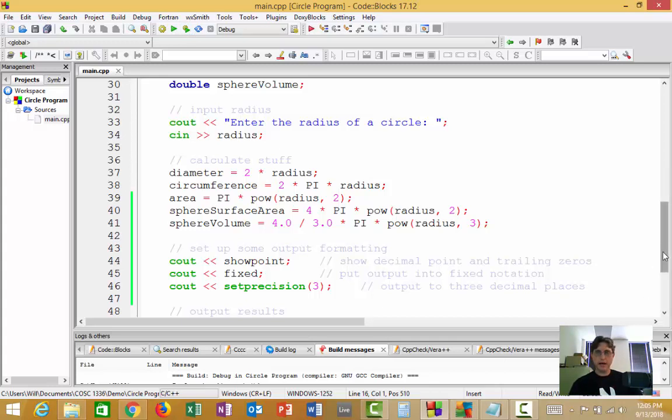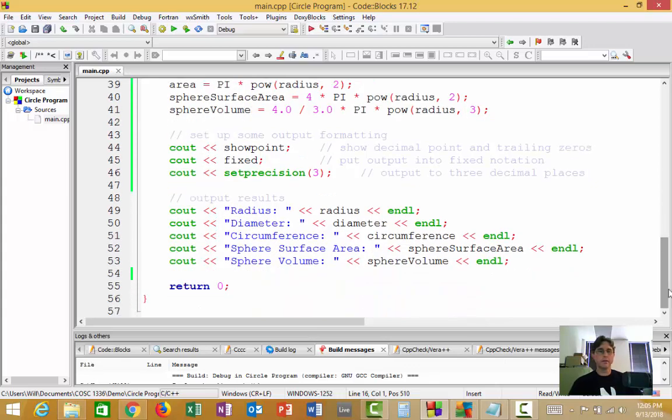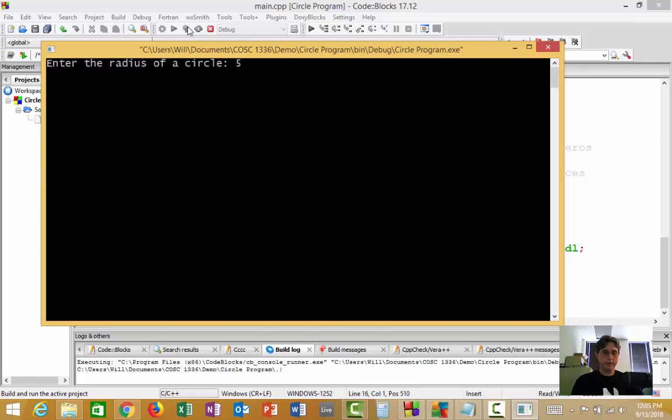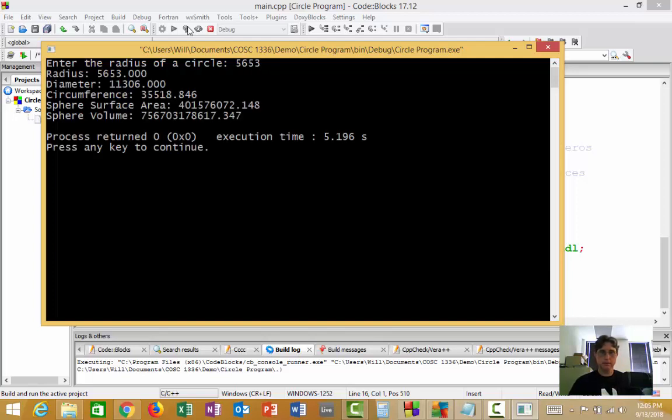So getting back to this output formatting stuff, here's what our output looks like at this point. And so we talked about how to put it into fixed notation, how to output to a certain number of decimal places, right? But what if we wanted to do something like get things to line up? Like maybe we want our